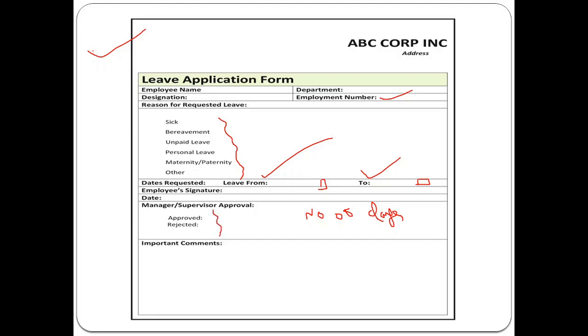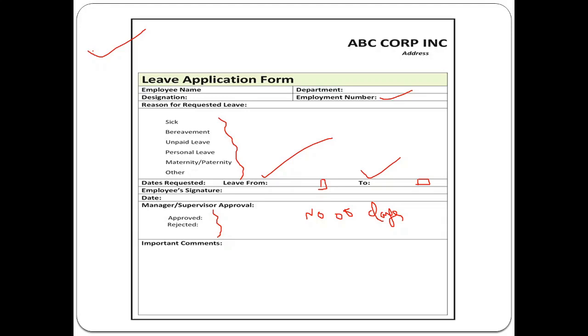And approval and rejection. When you submit the form, the employee should be able to check the status. Whenever the manager accepts or rejects the leave, that has to be notified to the employee. So you need to check whether the employee is getting that message or not, whether approved or rejected. And the leave balance should be calculated and shown to the manager so that he can approve or reject the leaves.